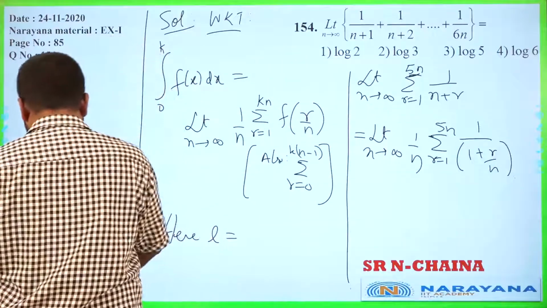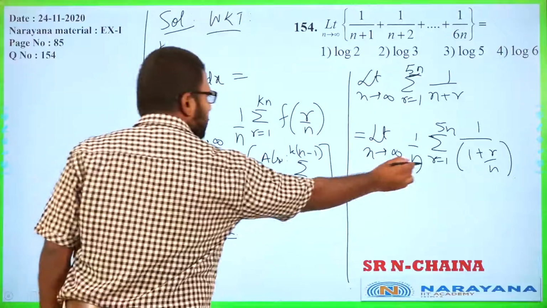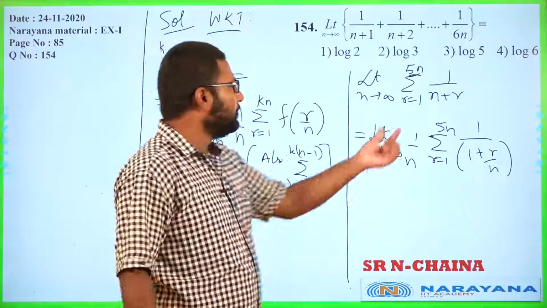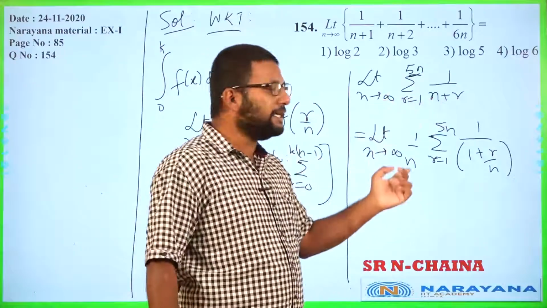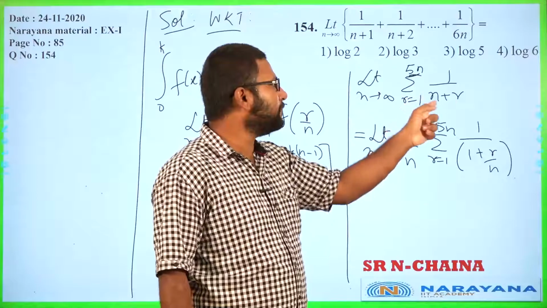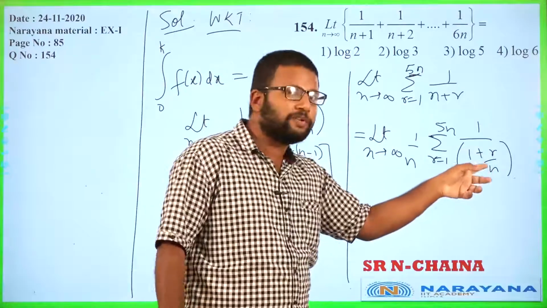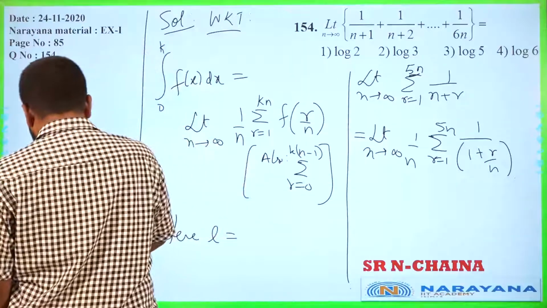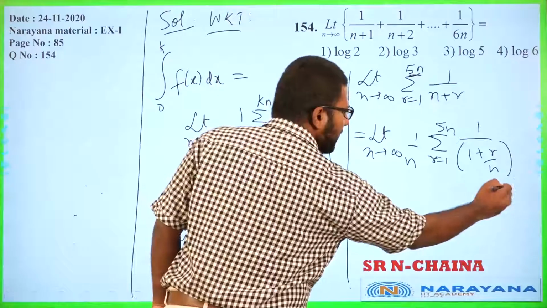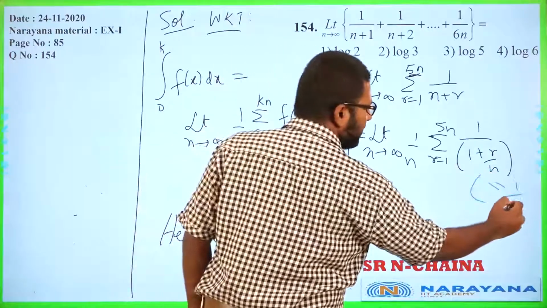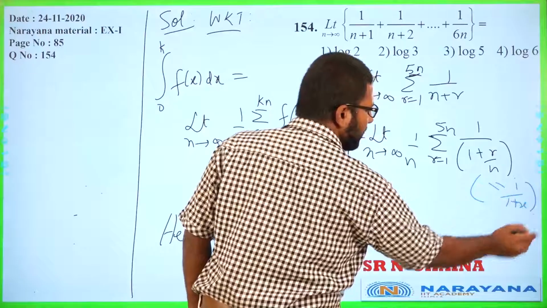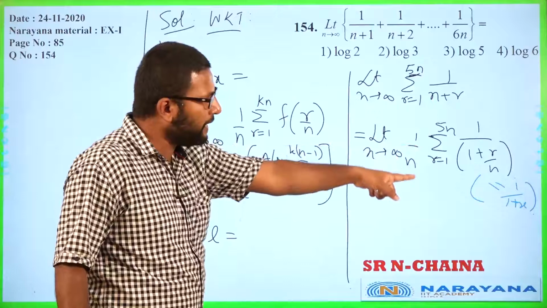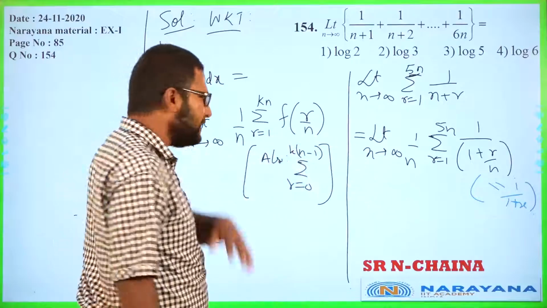Correct? Just check whether that's correct or not. So simply what we have done is, we have taken an n outside because we need it, but as soon as you take an n outside, this becomes 1, this becomes r by n, which is also what you wanted, because f of r by n. And so just in your mind you do this. This is 1 by 1 plus x, because people get confused. From that, how do we write f of x? You just replace r by n with x, and then we write